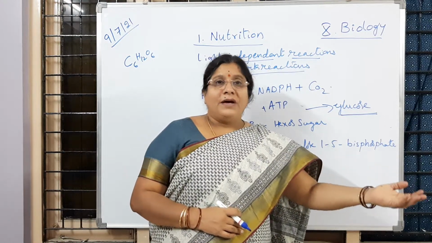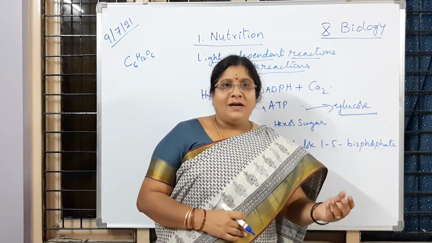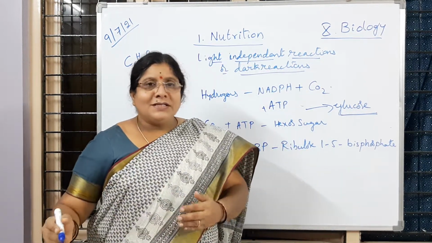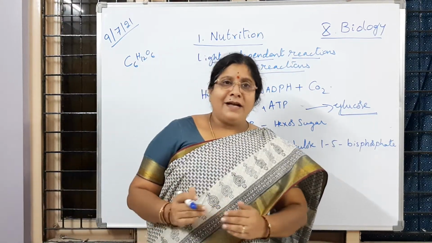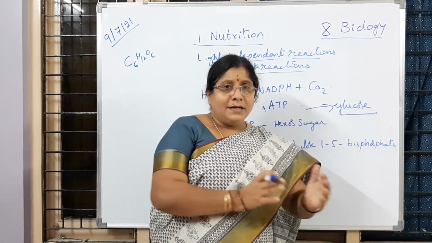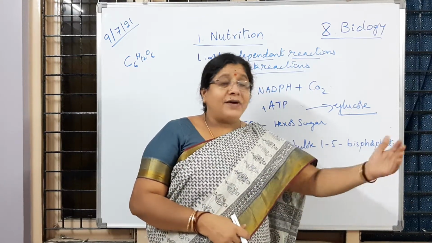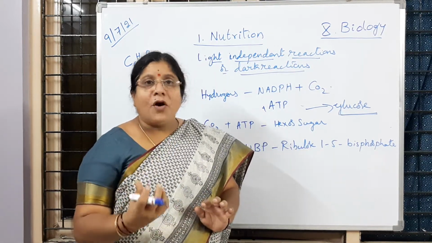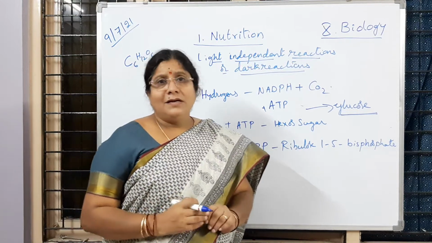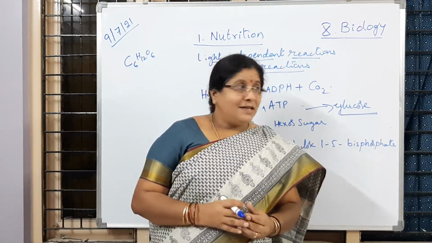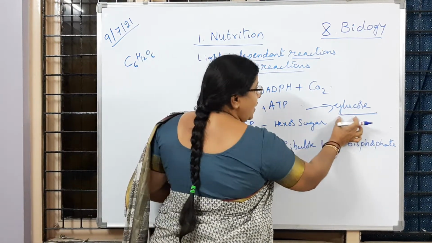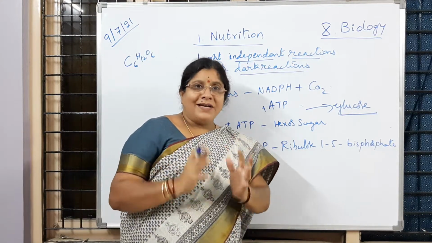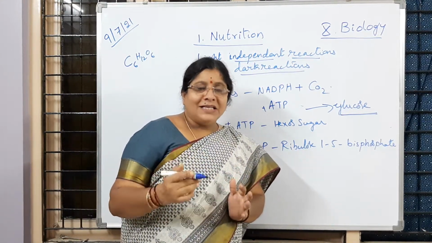Suppose you take rice flour or wheat flour in a glass of water and stir it, what will be your observation? Glucose dissolves at a faster rate, and slowly the solubility is just increasing, and finally starch is highly insoluble. It will never dissolve in water. So it forms sediment at the bottom of the tumbler or glass. Is it not children? That's why the glucose formed, as it is soluble in water, has a very important role as an energy source for all living organisms.